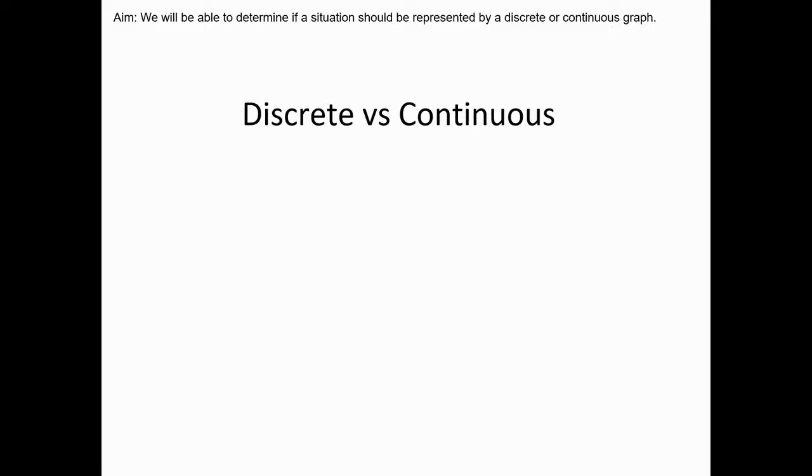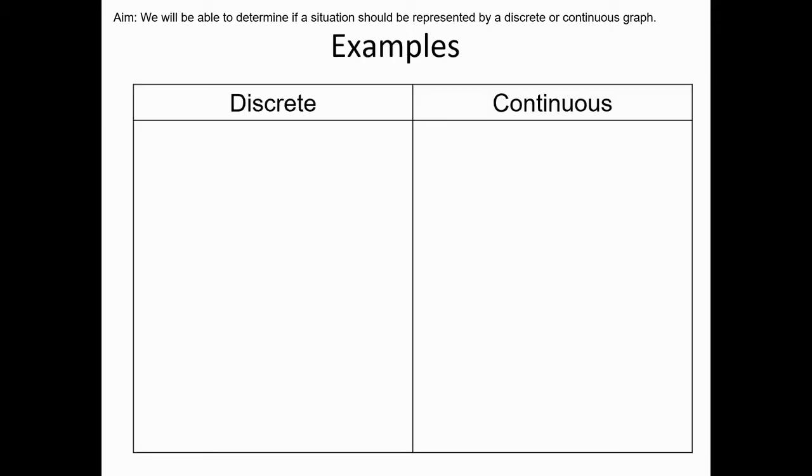And welcome to the second of our two videos. For this one, we're going to be talking about discrete versus continuous graphs. I could go into definitions of discrete and continuous, but I think it's also easy to show you some examples. When we talk about discrete graphs,